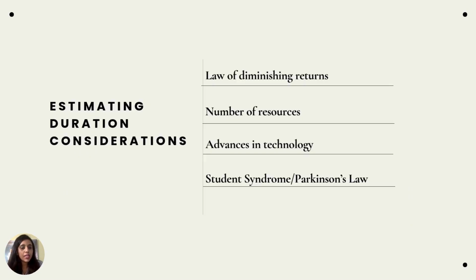Now talking about estimating duration, you need to consider a few things for estimating the duration. They are law of diminishing returns, number of resources, advances in technology, and student syndrome or Parkinson's law. So let's see what each of these means. Law of diminishing returns means,